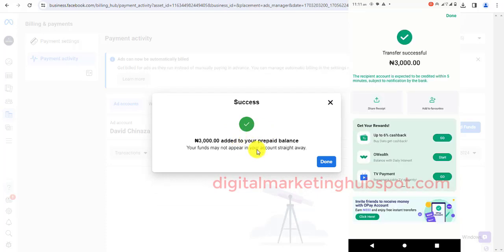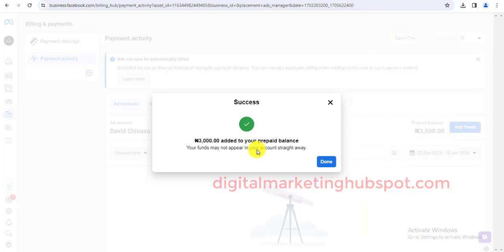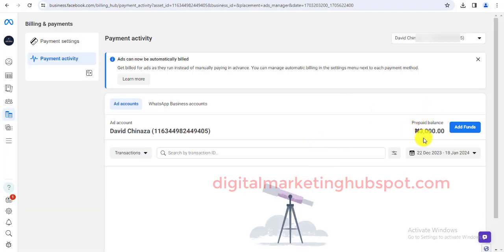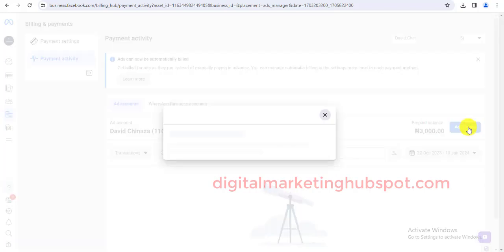Beautiful. So this is how you can pay for your Facebook ad using bank transfer. So whether you're using your computer or your phone to run Facebook ads, you can apply the same method and it's going to work. So I'll click done. You can see my account has been funded with 3,000 naira. If I want to fund another account,